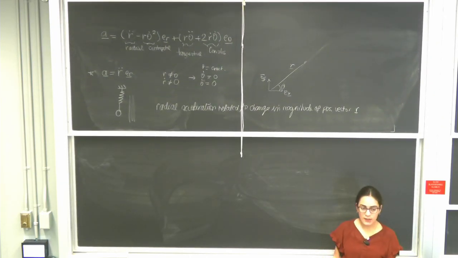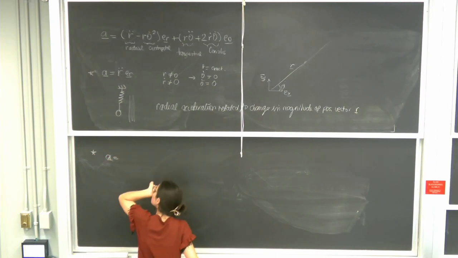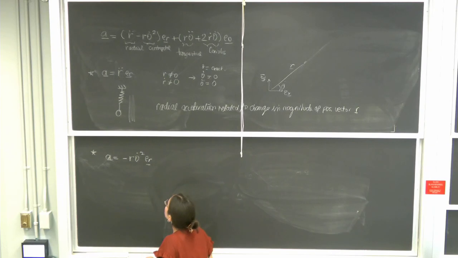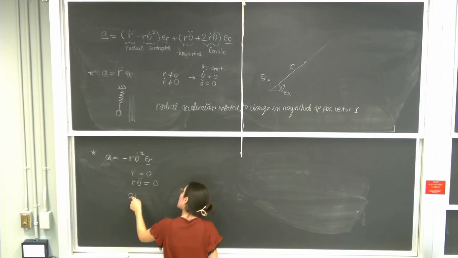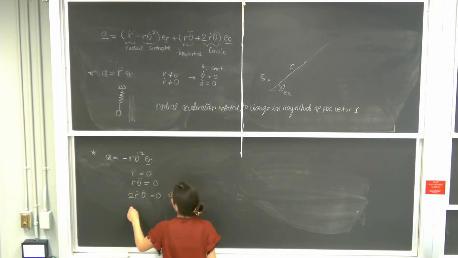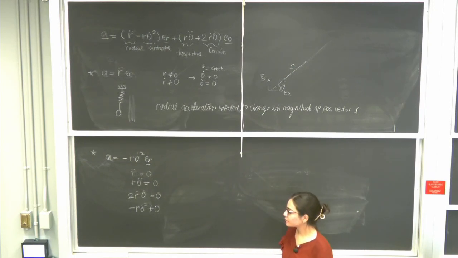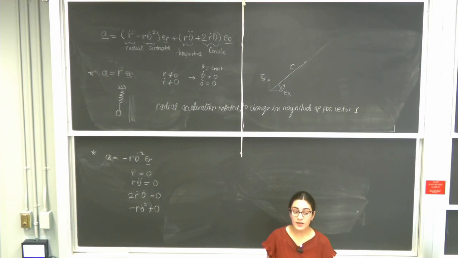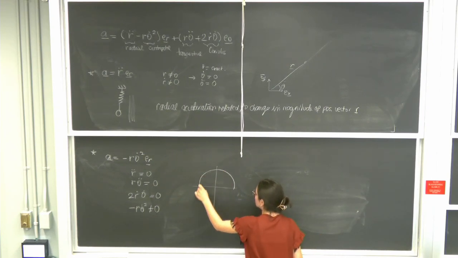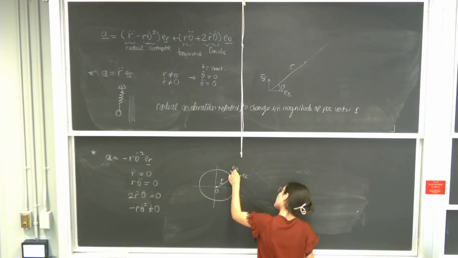Now let us look at the centripetal acceleration. Is there a case where the acceleration is purely centripetal? So I would need r double dot to be equal to 0, r theta double dot to be equal to 0, 2 r dot theta dot to be equal to 0, but minus r theta dot squared should be different than 0. Any ideas of a motion that could satisfy all this? Yes? Particle moving in a circle at constant velocity. Yes, let us think about this. If I have a particle that is moving on a circle, and this is my origin, and this is my particle tracing a circle, not my best drawing, so be better than me, please. This is R, and this is my er, e theta, say ex, and